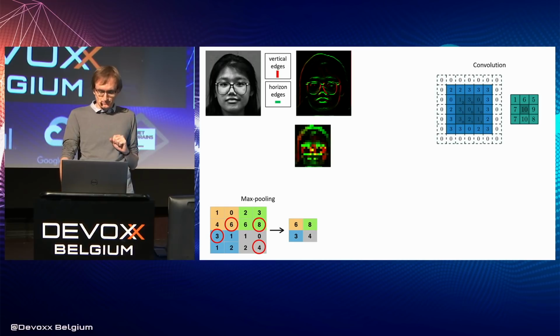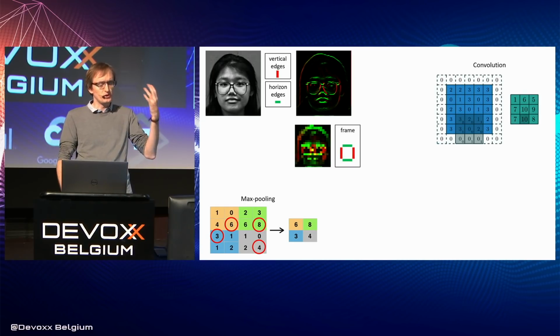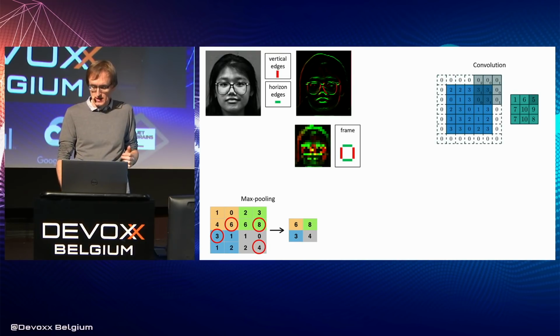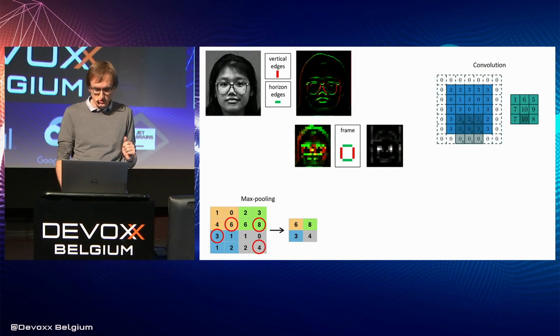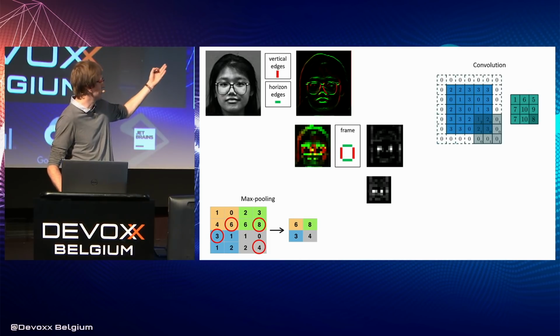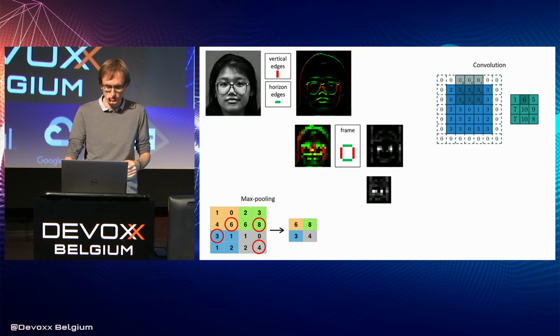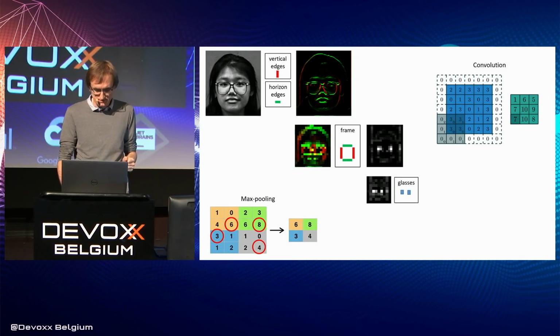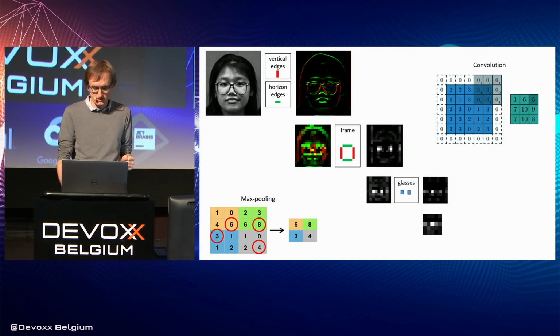Okay, at that scale, let's create a frame filter. Well, a frame is just a rectangle shape, more or less, consisting of vertical and horizontal edges. So we do it, we convolve again, and we zoom out. And now we would like to detect the glasses as two frames. So because the frames are already detected, we'll detect just two dots. To detect two dots, we write our filter and convolve, zoom out, and now we are almost at the end.